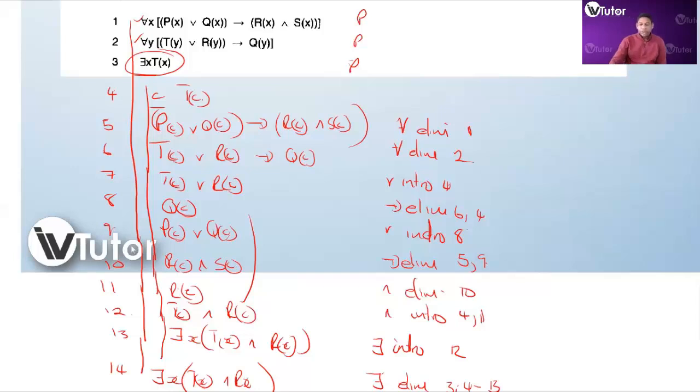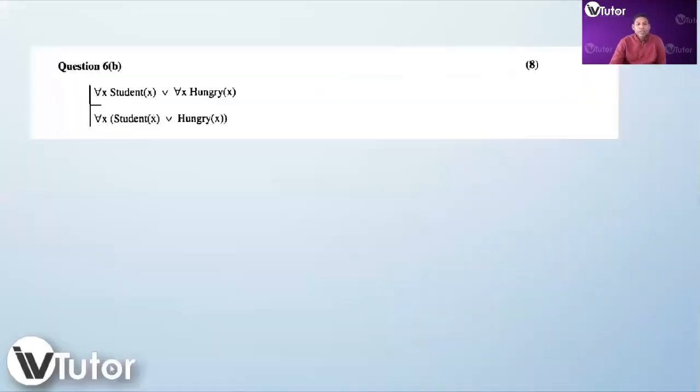Right, next question. All students or all are hungry implies that all students, or all are hungry. So we want to prove this. So what we do, we have got number 1,